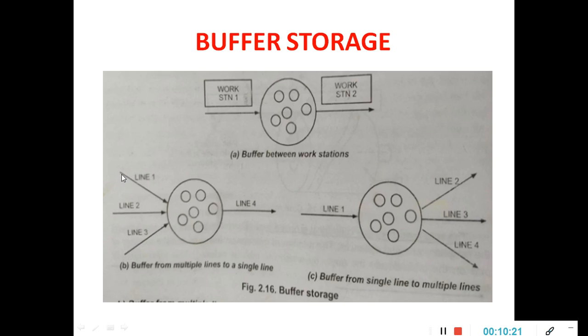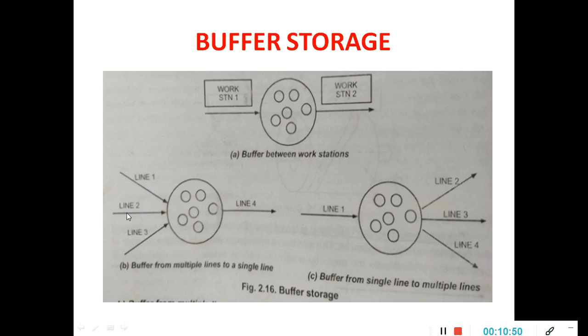When the cycle time of multiple lines is very less, a number of components are produced in line number 1 and line number 2 very fast, so it cannot be fed directly to line number 4 because the number of lines is more here. There we are going to use the storage buffer. Got the idea? This type of system is used where the upstream is producing more components.